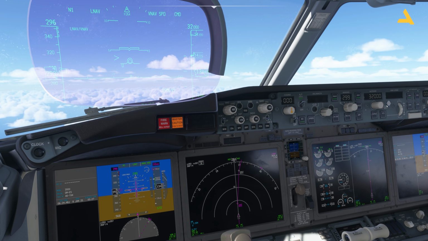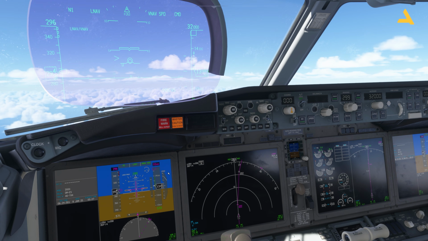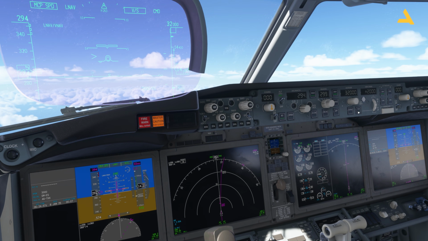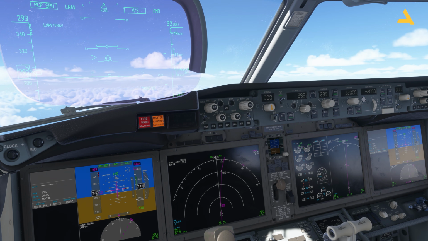So if it doesn't work for you, then this is the trick that you can do in order to start the climb. Now you can see VNAV is active and the plane is climbing. Now there is another mode, the vertical speed mode. In this mode, again, you can control the speed,